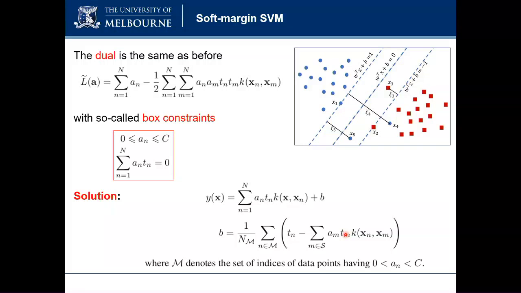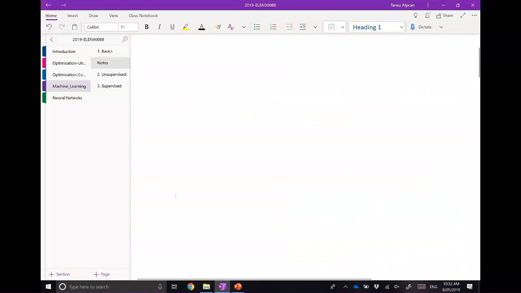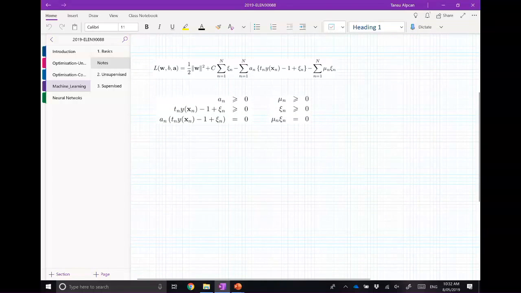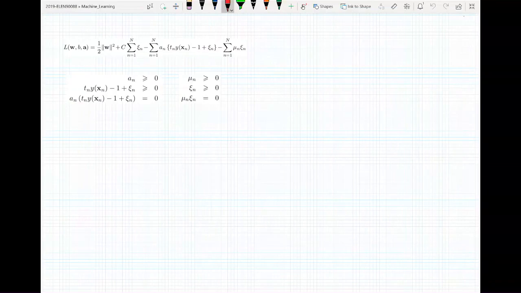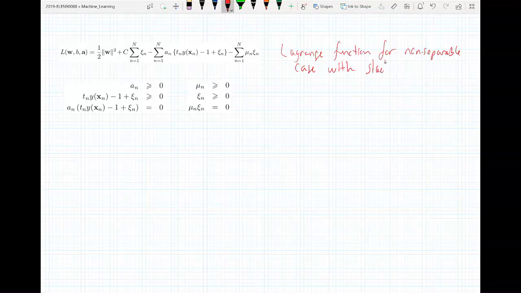As I say, I think it's a good idea to derive this a little bit, and I have already written the starting point. So this is what we have. This is the Lagrange multiplier for the. Let's write this somewhere. Maybe make it a bit bigger. So this is the Lagrangian, the Lagrange function for the non-separable case, the case with slack variables